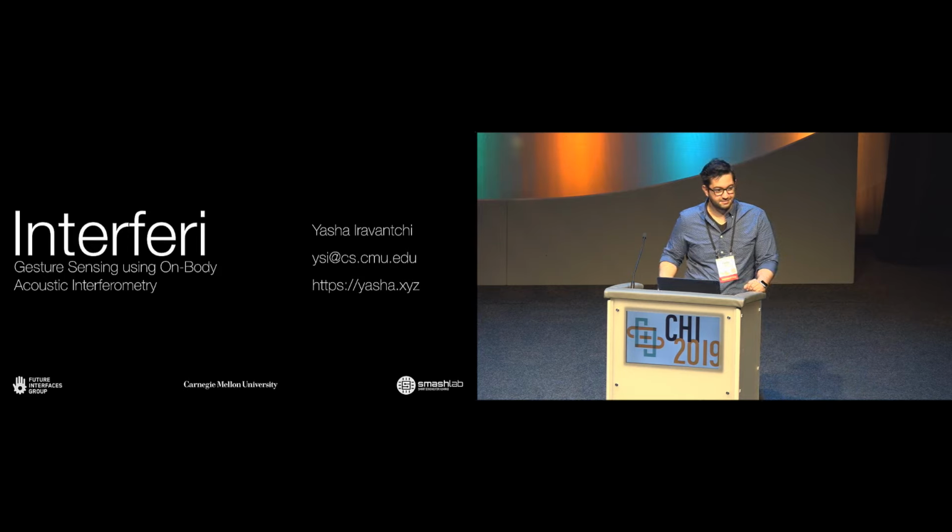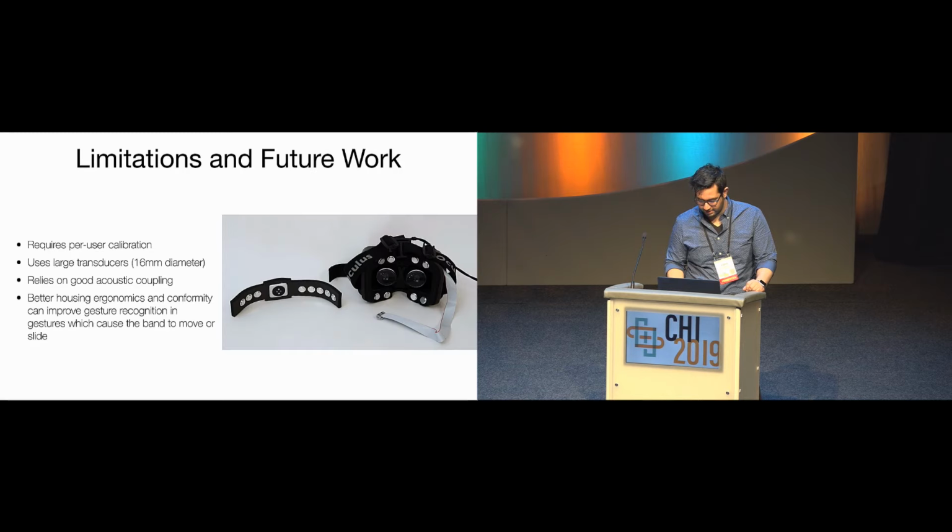I'd just like to ask a couple of questions about the extent to which Interferi might interfere with other possible devices or other sensors or on-body sensors like electrodes, for example, and vice versa. What might be environmental variables that might interfere with your signal itself, such as ambient sound, or if that's even a factor? So the kind of cool thing about these